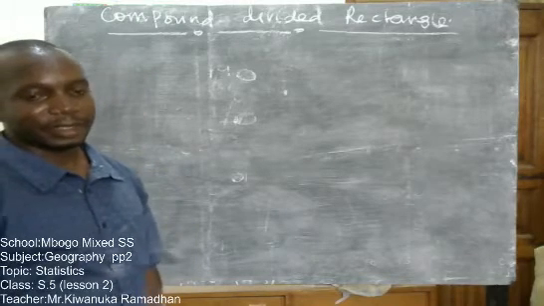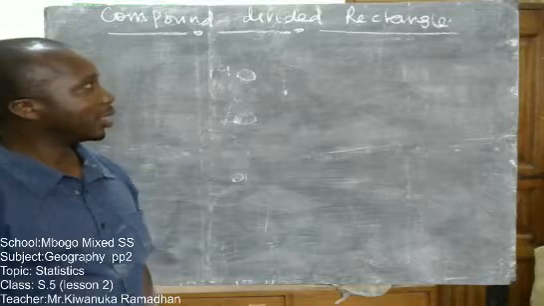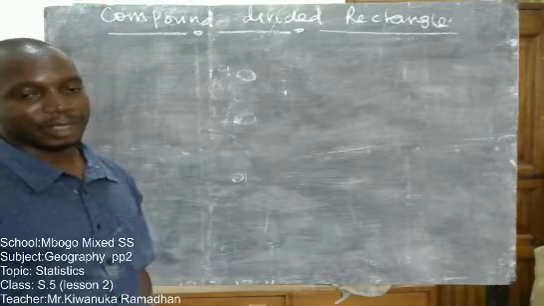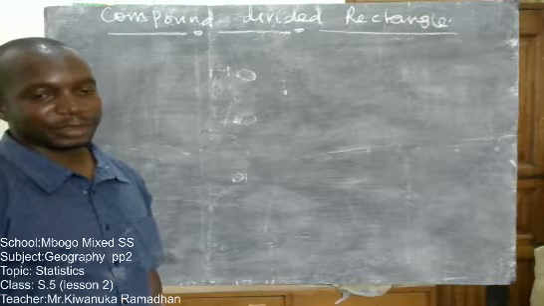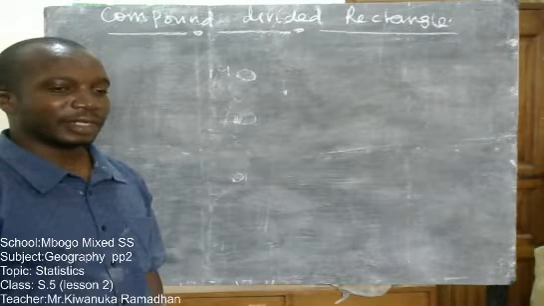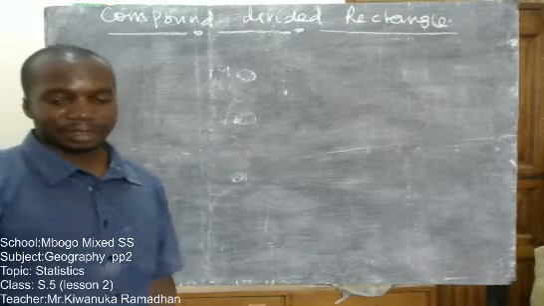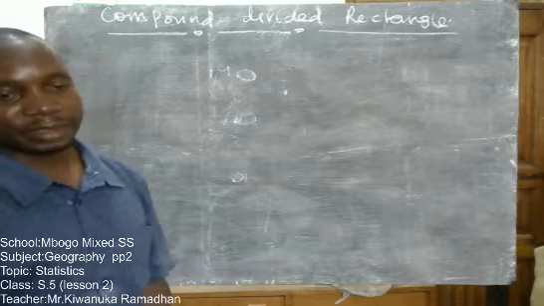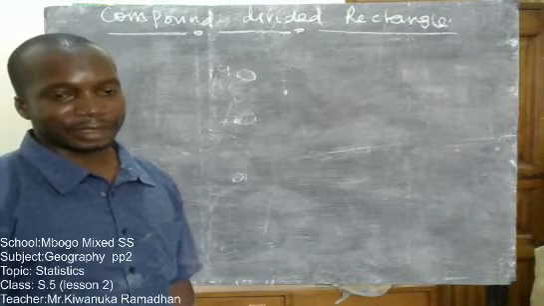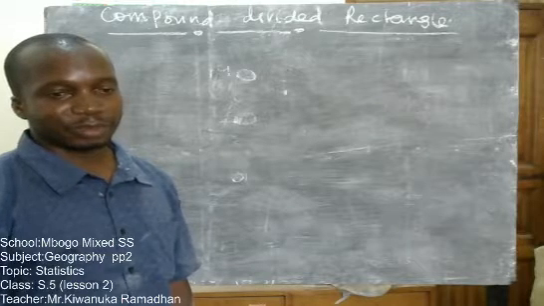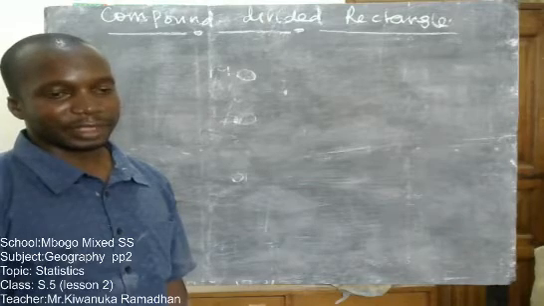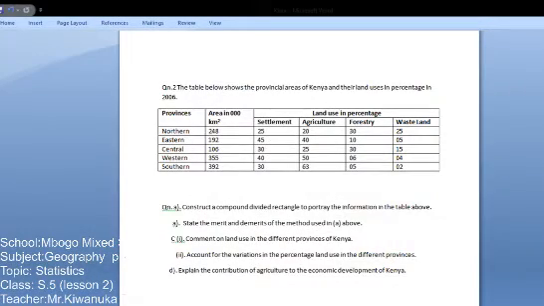In our first lesson, we looked at the simple divided rectangle, and in this second session of our meeting, we are going to look at the compound divided rectangle. We are going to use a reference question that is going to guide us. So I want you to settle very fast, get your pens, and I think everything is set. The question goes,